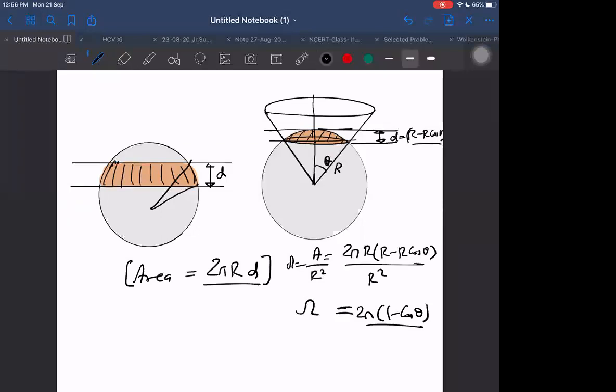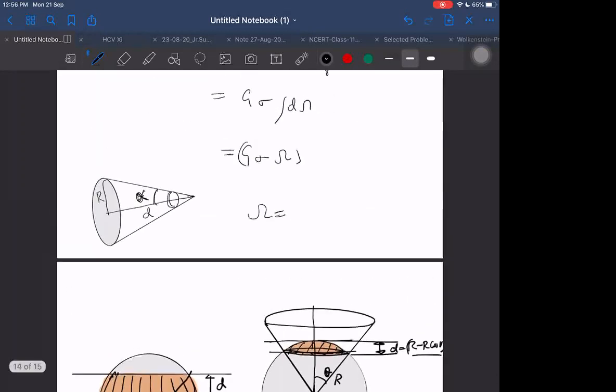Yes, sir. Remember it. It is this area we should not forget. This also we should not forget. We can derive it also by integration. But that part I have done before, and if you say I can do it again also. In fact, I recommend you to derive it by integration by taking small strip elements, small ring elements here. Then do the derivation. The answer should come out to be the same as we got now. Try to do that also. So anyway, omega is equal to 2 pi into 1 minus cos